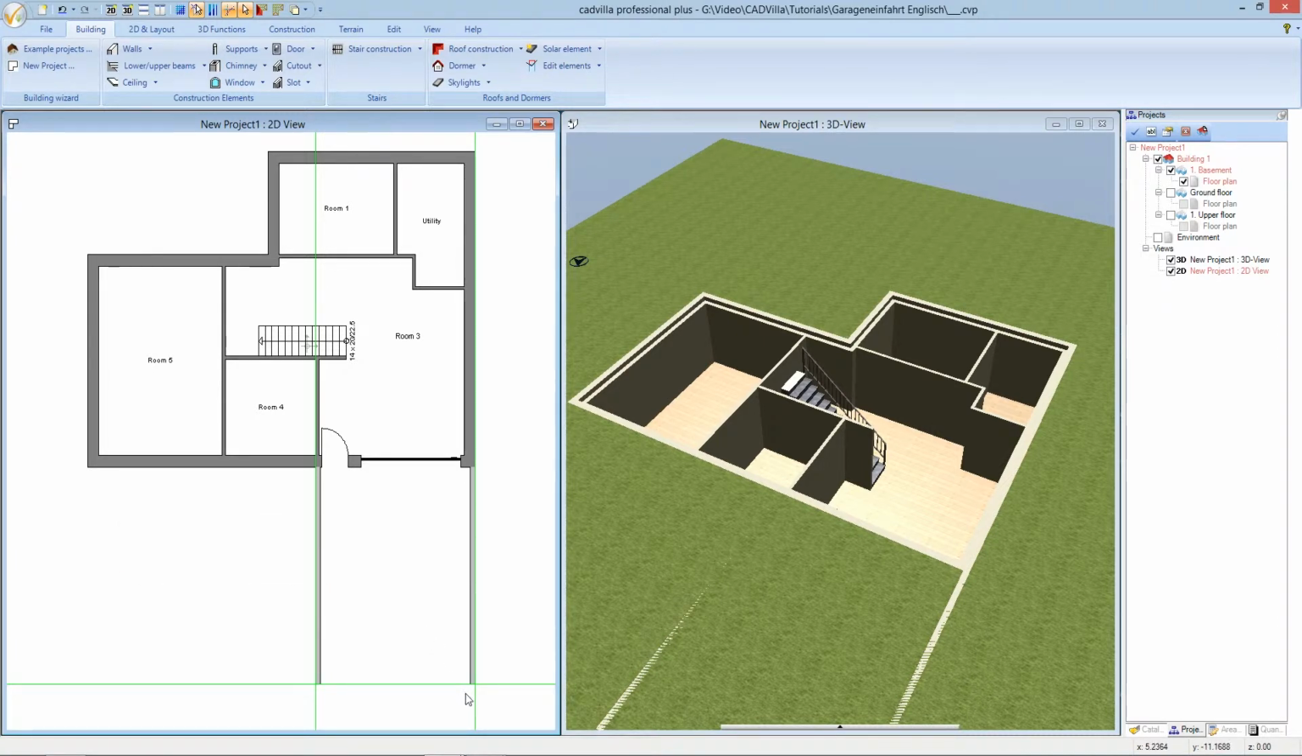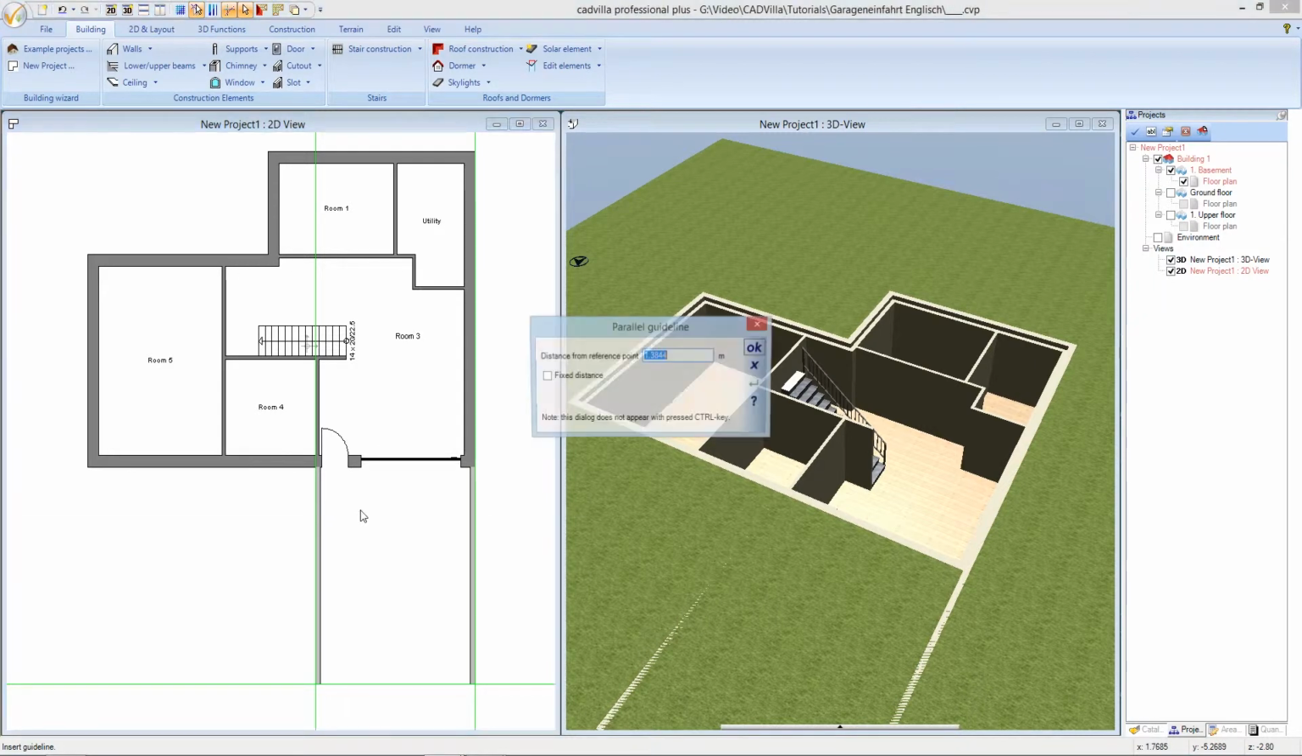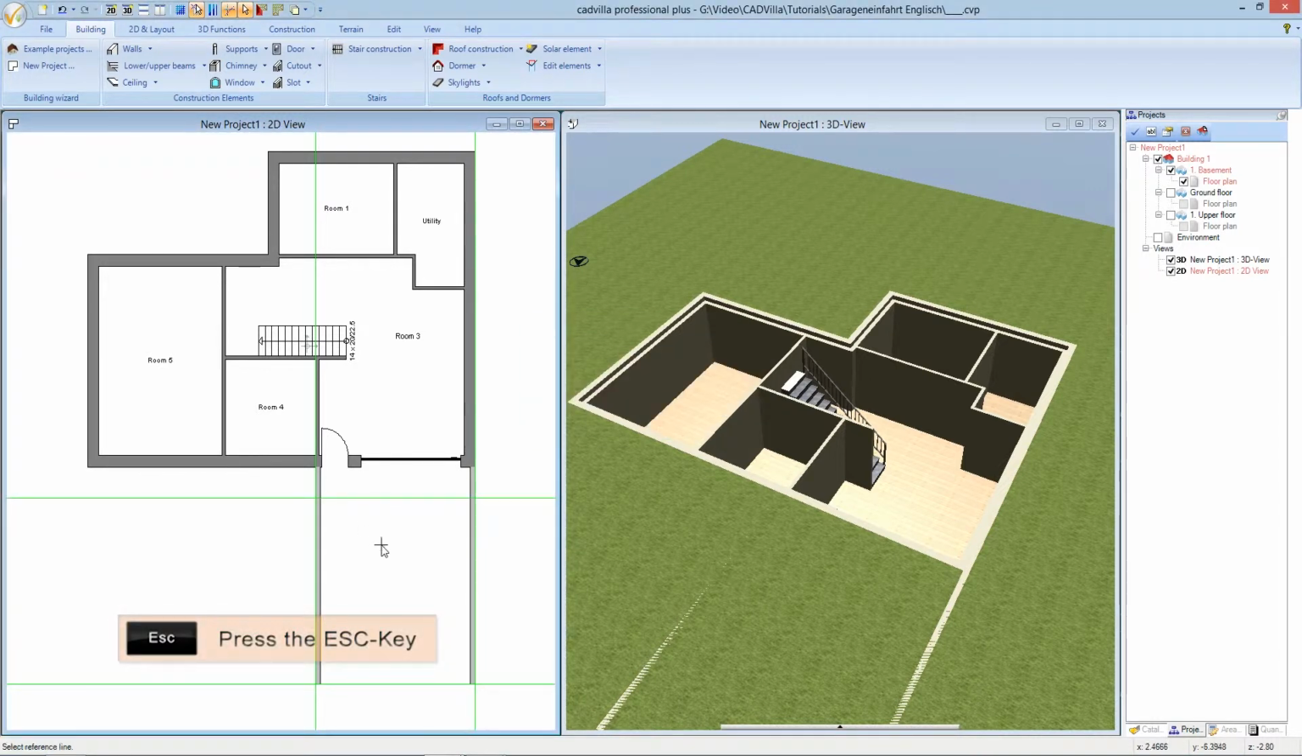In the next step we will create a stair in this area. Therefore we will use again the help of guidelines. We press the shortcut P for the function Numeric Parallel Guideline, and we enter the guideline from this line into this direction with a distance of 1 meter. After it we press Enter. We press Escape,